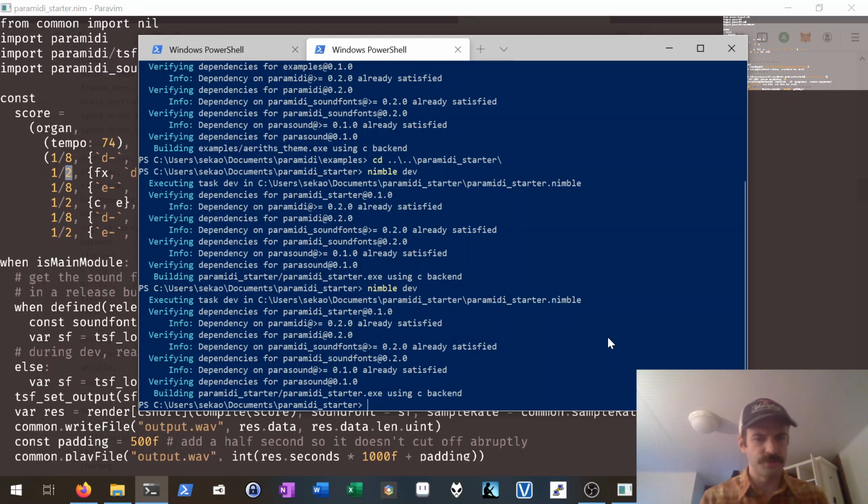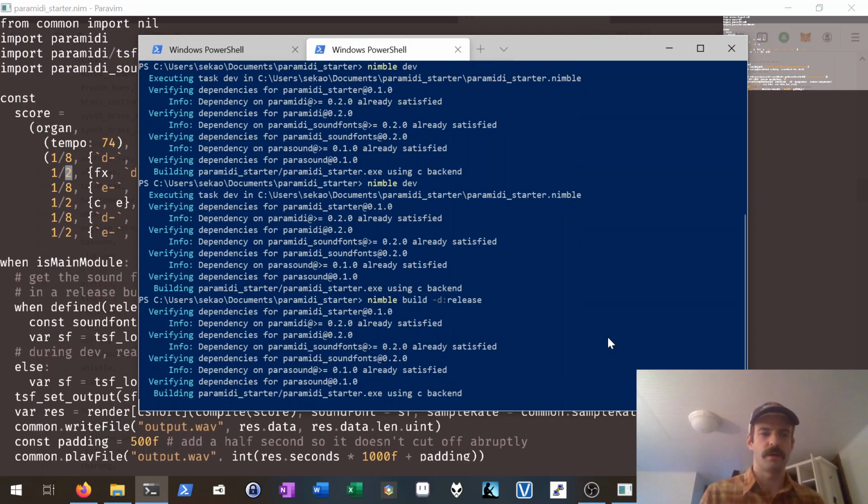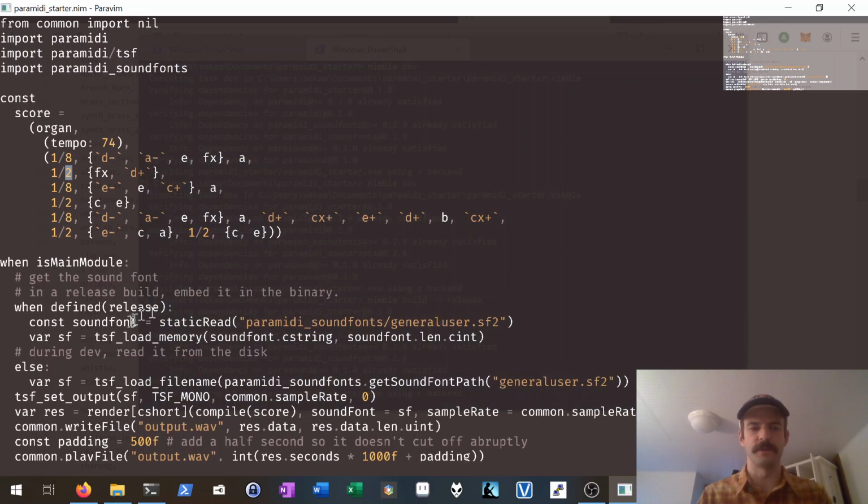You can output to a WAV file, and from there you can just put it anywhere. Another thing that's kind of cool: in the starter project, if you build a release build, so -d:release, it actually creates a self-contained binary that contains the entire sound font. If you're not familiar with sound fonts, they're pretty big, because they have to contain a lot of data. This one is 30 megs, I think,